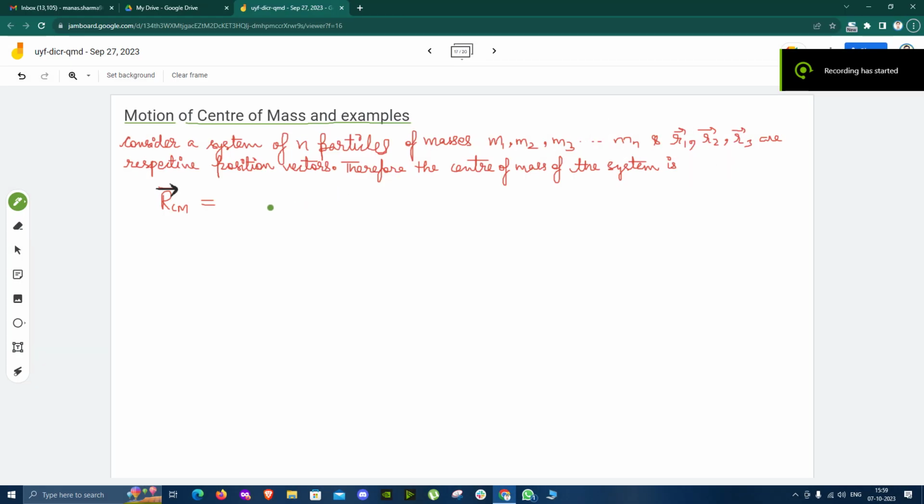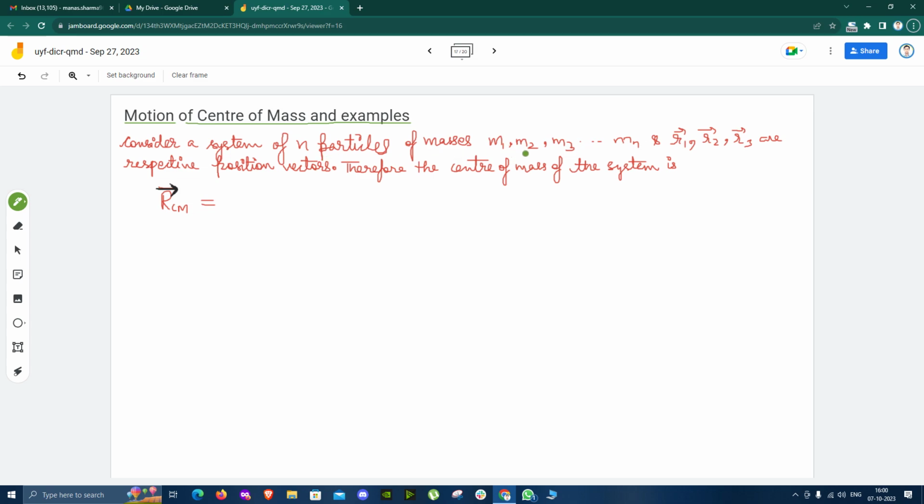ओके, सो अभी हम स्टार्ट करेंगे मोशन ऑफ सेंटर ऑफ मास। इस आर्टिकल में हम पहले तो सॉल्व करेंगे कि कैसे इसका रिज़ल्ट आएगा, फिर उसके बाद हम कुछ एग्जाम्पल्स की हेल्प से इसको अंडरस्टैंड करेंगे कि फिज़िकल वर्ल्ड में इसका क्या इम्पोर्टेंस है।